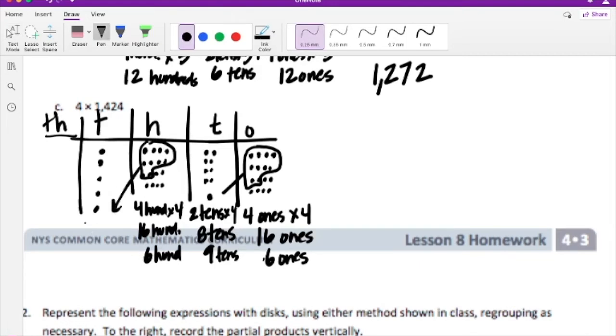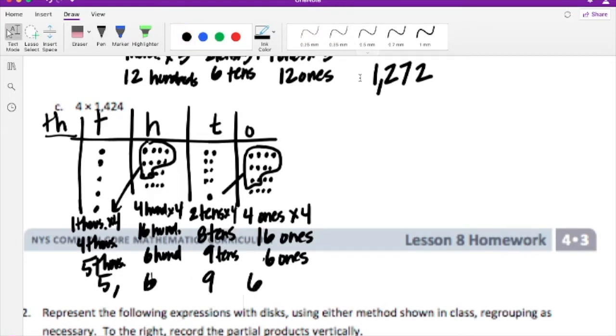And then we have 1,000 times 4. That is 4 thousandths. Plus the 1 that I added, so 5 thousandths. So the answer is 5 thousandths because there's nothing to regroup. 6 hundredths, 96. All right, now let's check that with